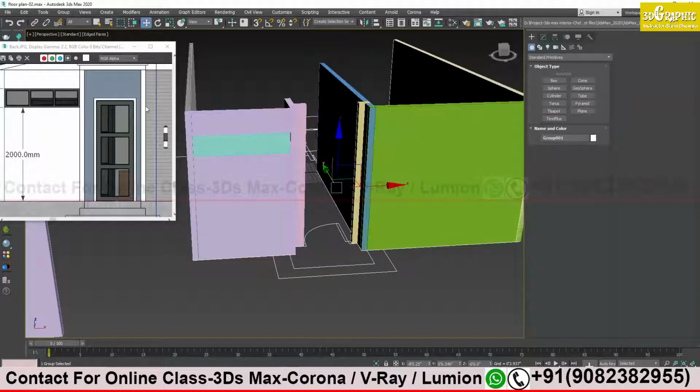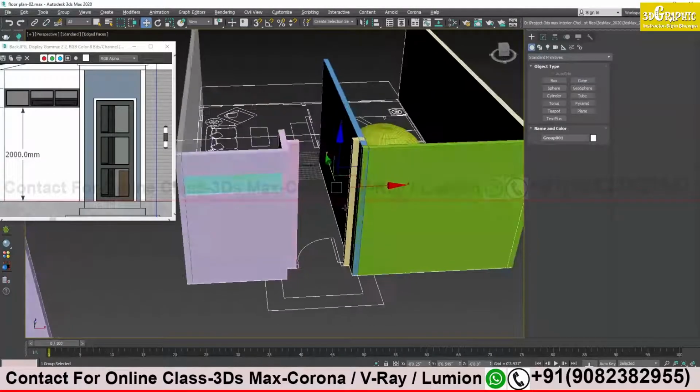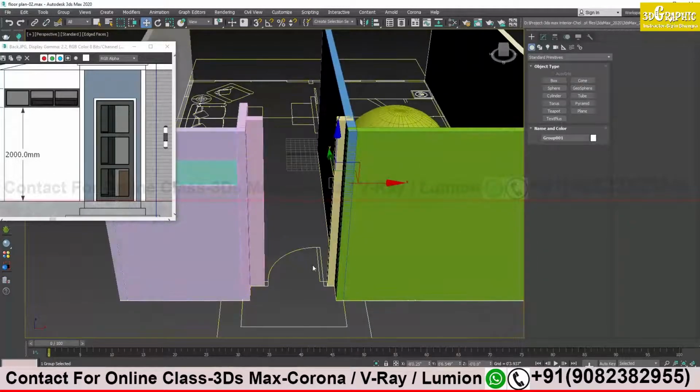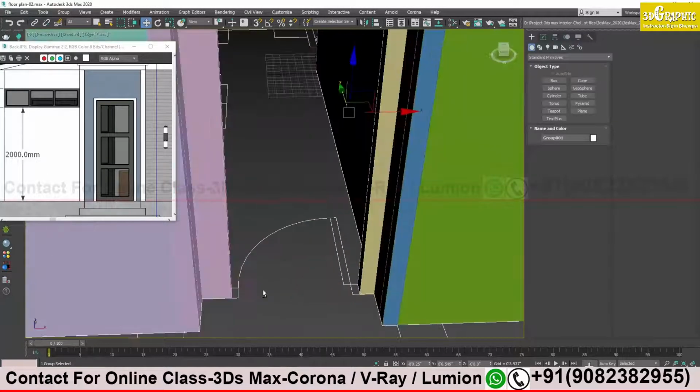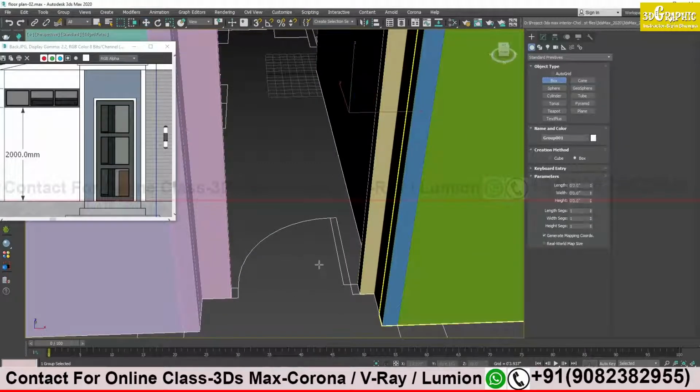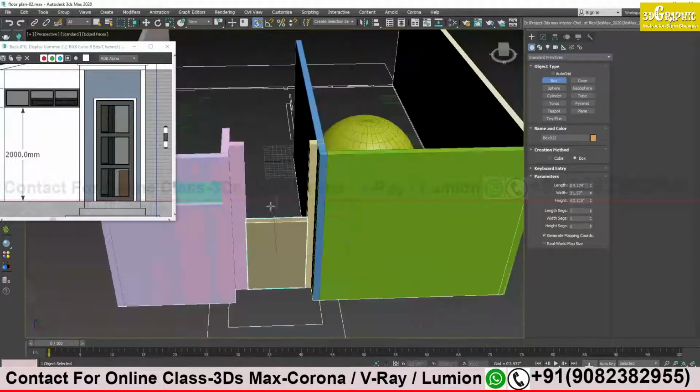See, if you are not able to understand how to create that, just simply start creating boxes. Suppose here, even for me also, I have to think a bit how I should create that, no? The easy way is just simply create a box. For this wall or this door also, I create a box, no? I will not do detailing. I don't have to go and create the panel and details of everything, no, not needed. If you are not having an idea how to create that, just simply place a box in that place, no? Let me create a box like this.